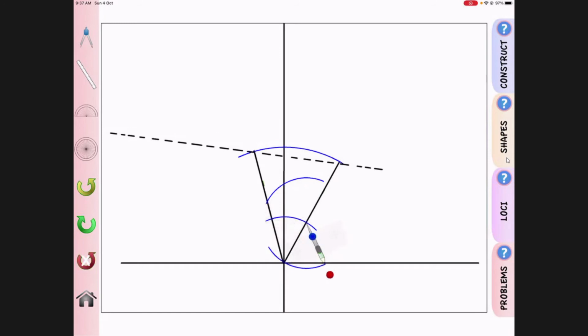Okay. Now don't change the compass length. Move to the next point, exactly this one. So draw an arc here, take it here, and draw the arc here. Okay. So now if you join these 2 points,